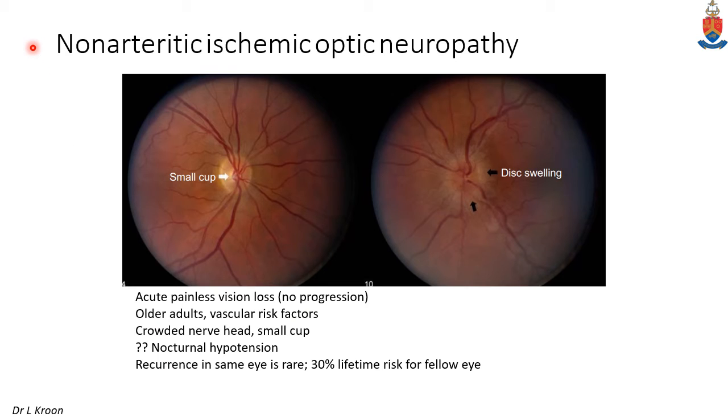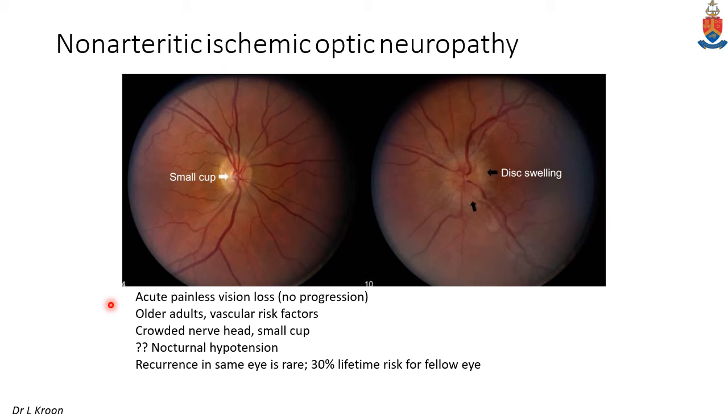So looking at the ischemic optic neuropathies, I'm first going to look at the non-arteritic ischemic optic neuropathy. Patients typically present with a small, crowded optic nerve with a small or absent cup. There is swelling in the involved side, but if you look at the fellow eye, the cup is often very small or absent. So this is an example here of a fundus with an ischemic optic neuropathy with disc swelling